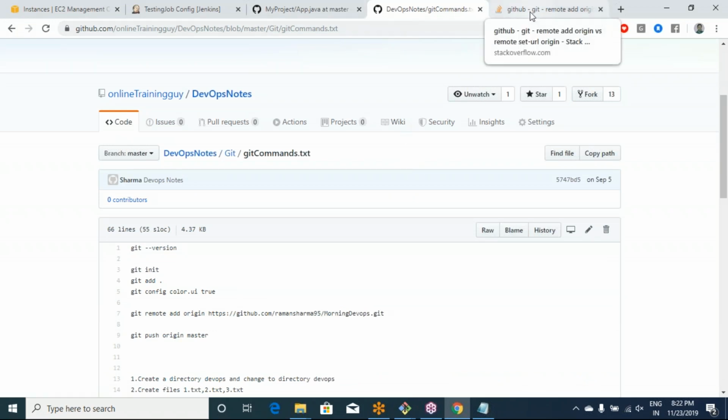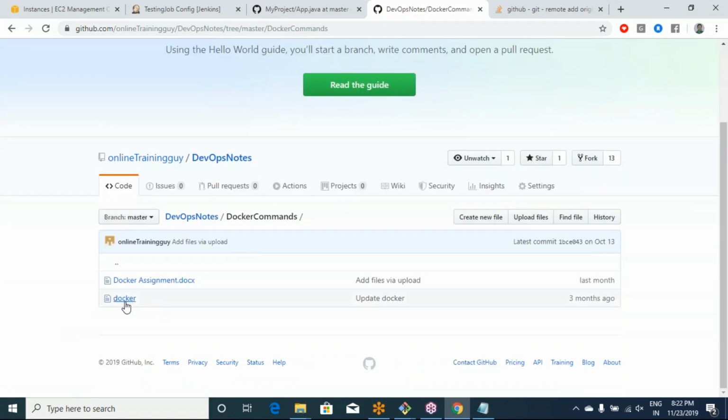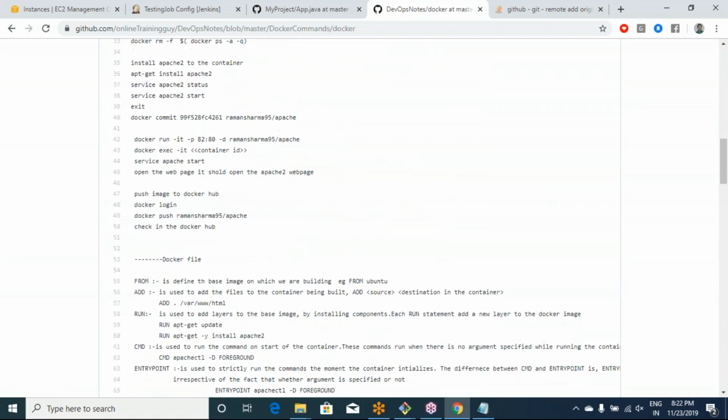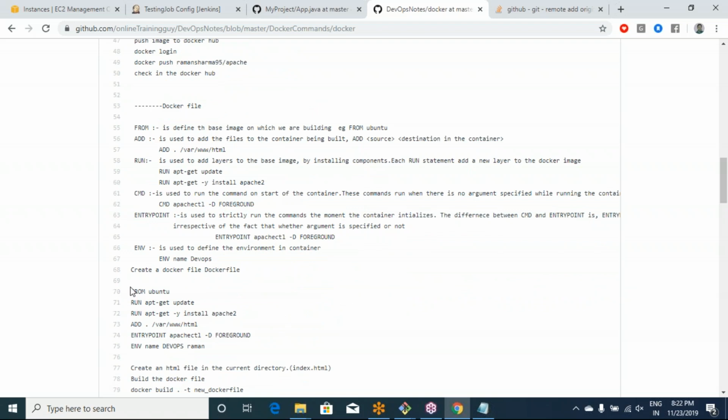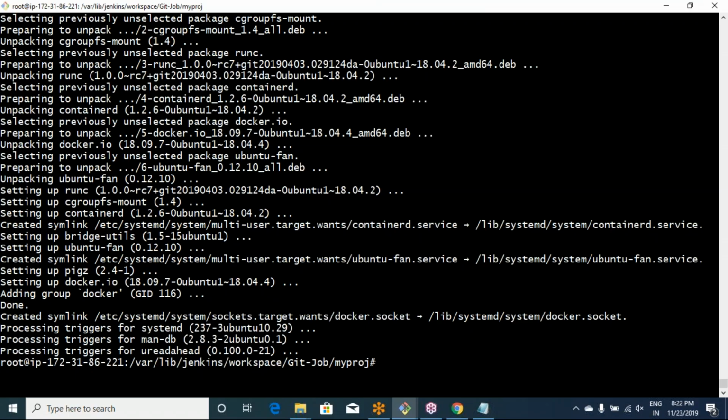This is my GitHub notes, and if I go to my Docker notes, Docker commands, and this is my Docker file. So I will create this Docker file and I will modify it. So if I create a Docker file here,